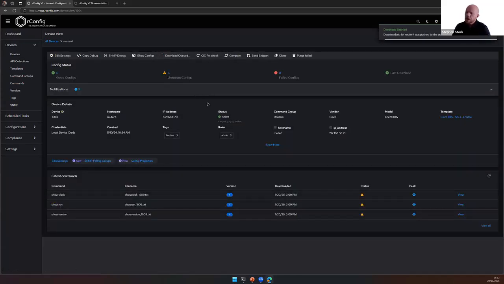And if I do a download, so pre-version 7.3, when you were doing a download, it would just do SSH or Telnet, connect to those devices, pull in the configurations and save them. Now it's doing three things. It is doing what we just described: SSH, Telnet, store the output for each config. That's cool. The second thing it's doing, if it's attached to an SNMP polling group, it will, I'm going to